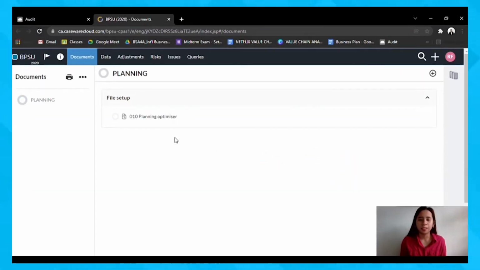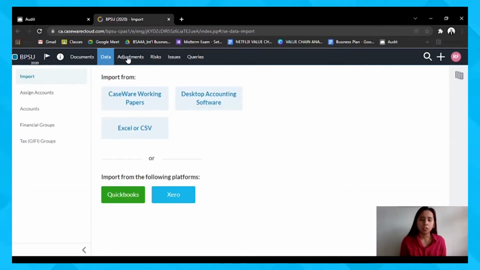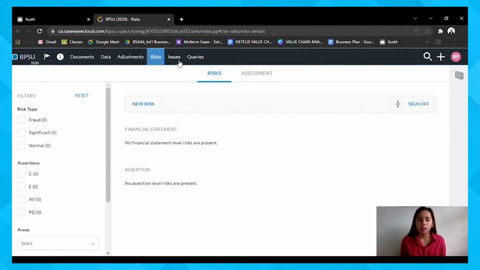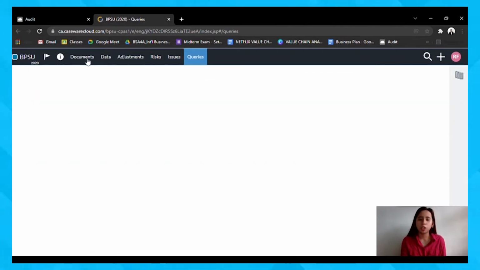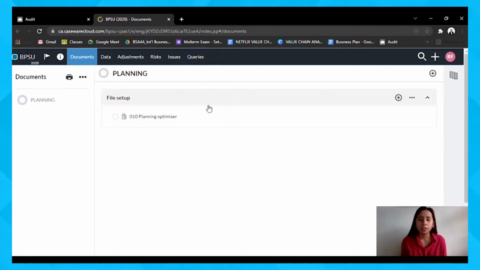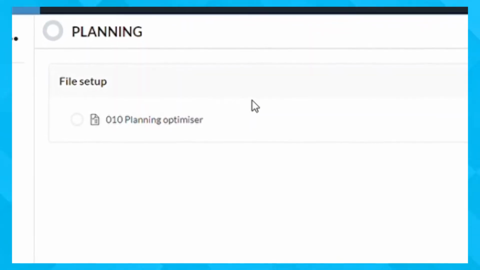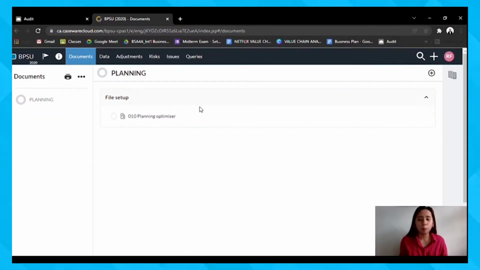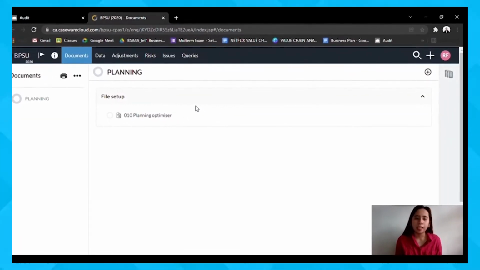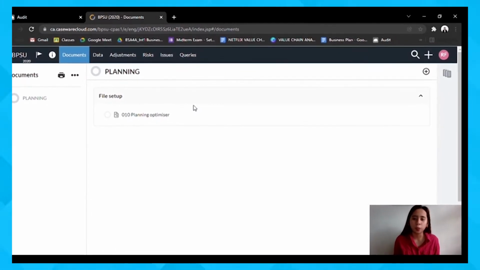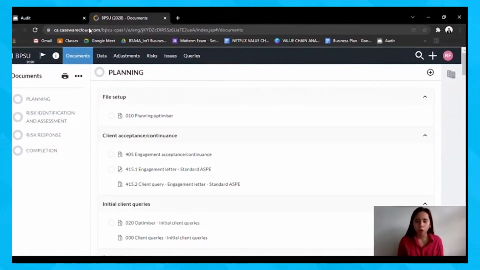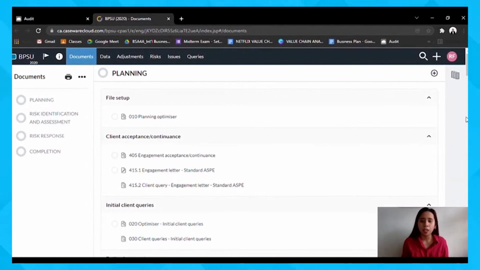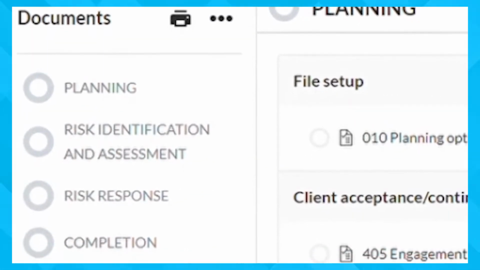So, yung page nito, it displays the documents, data, adjustments, risks, issues, and queries tabs. So, the document page acts as the audit central hub. So, when you first open this page, one document is available. So, para to populate more content in the document page, kailangan muna natin kumpletuhin yung 010 Planning Optimizer Checklist. So, after completing the necessary steps, documents become available within 4 engagement phases, wherein the planning, risk identification and assessment,